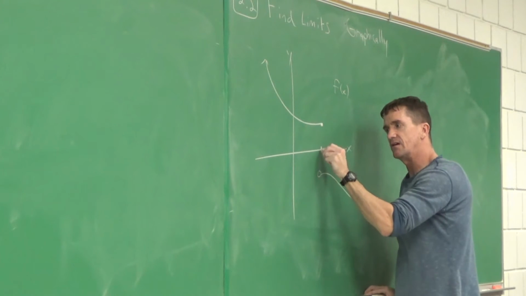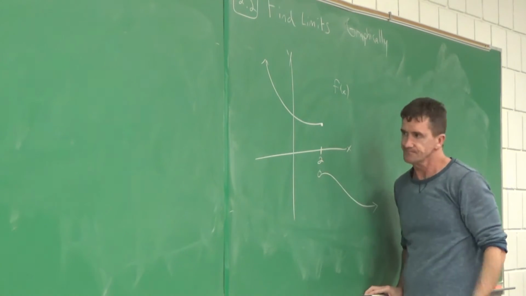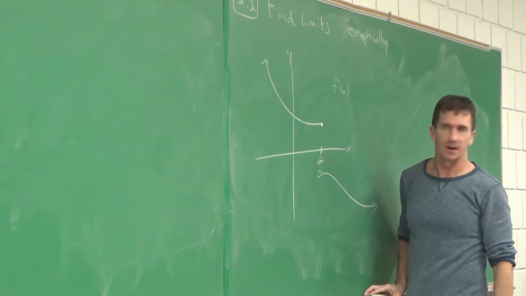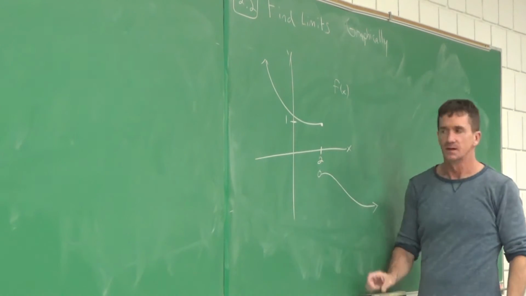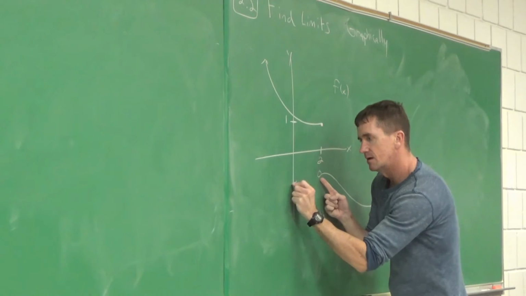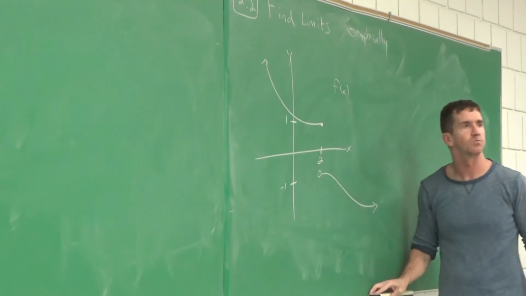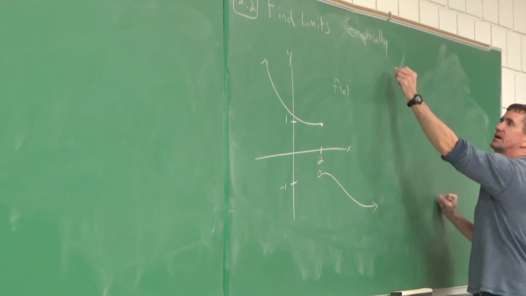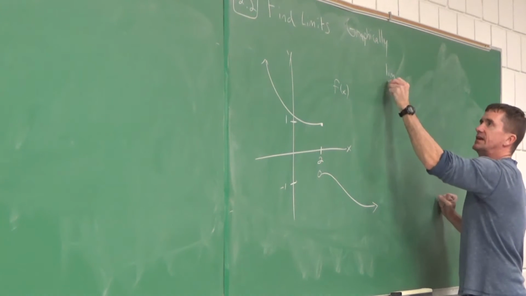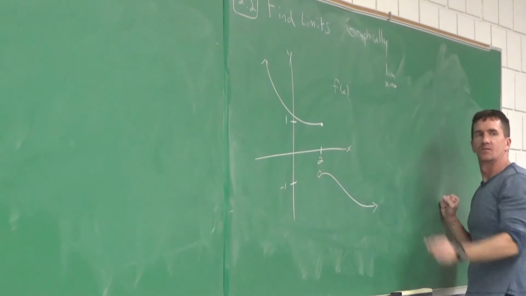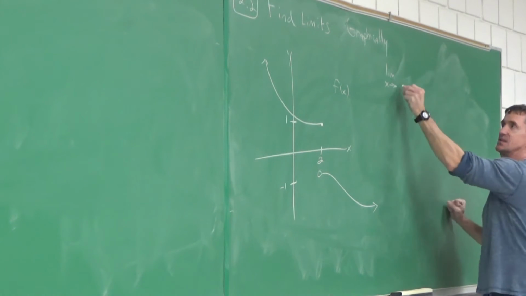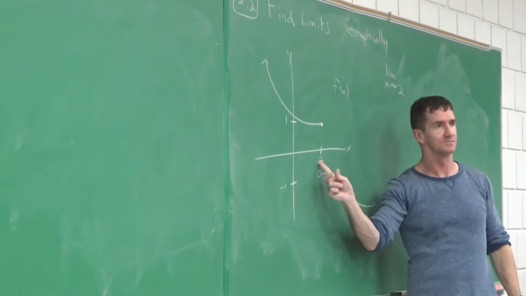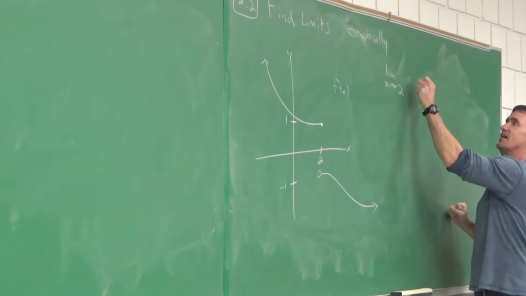This x value right here, everyone, is x equal to 2. Yeah, I'm making it up off the top of my head. This value right here for y is 1. This value right here for y is negative. And you and I are going to answer these questions. Find the LIM. What's LIM stand for? Limit, yeah. Find the limit as x approaches the value 2 of f of x.